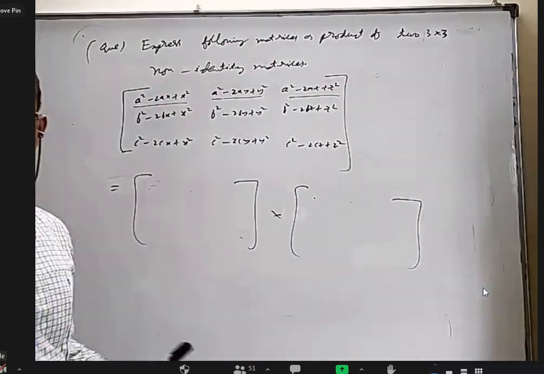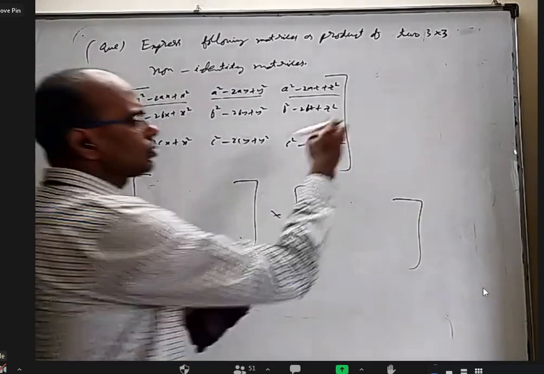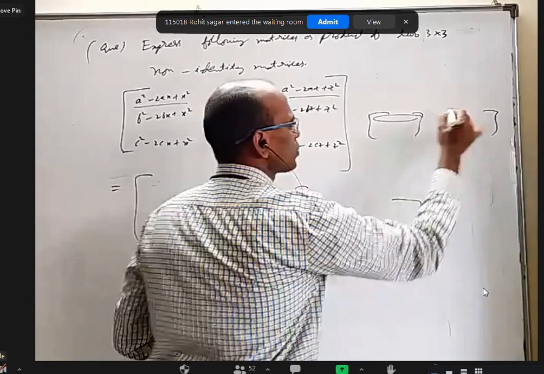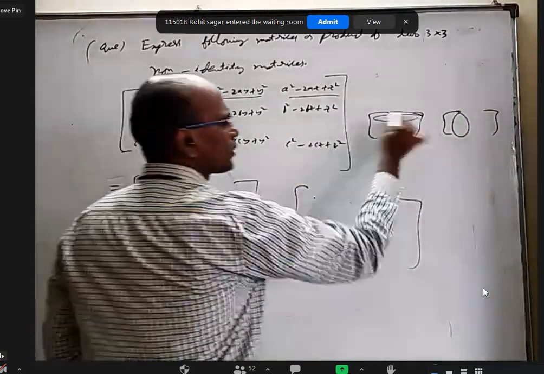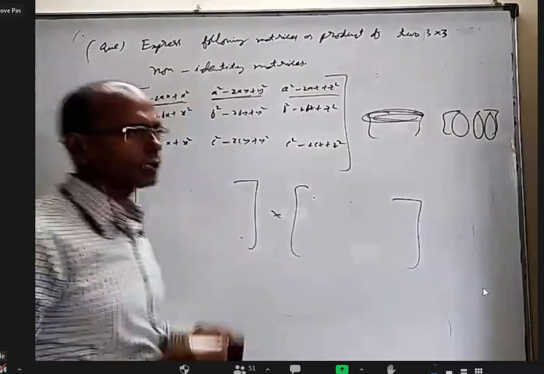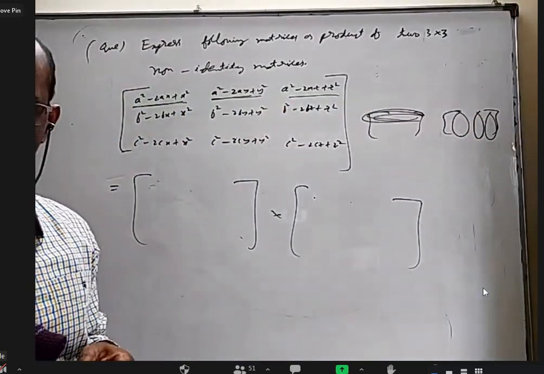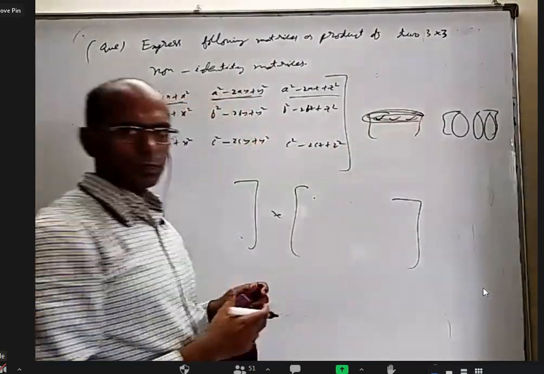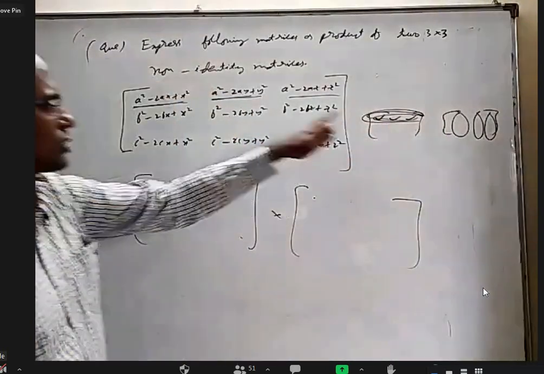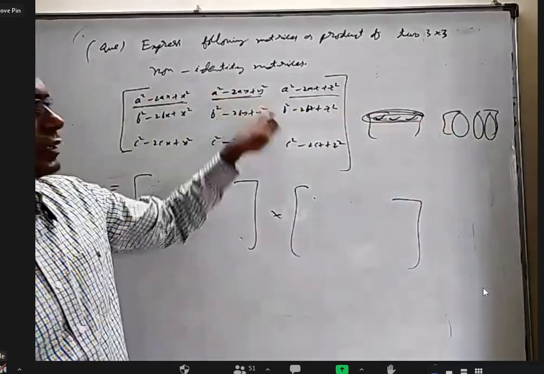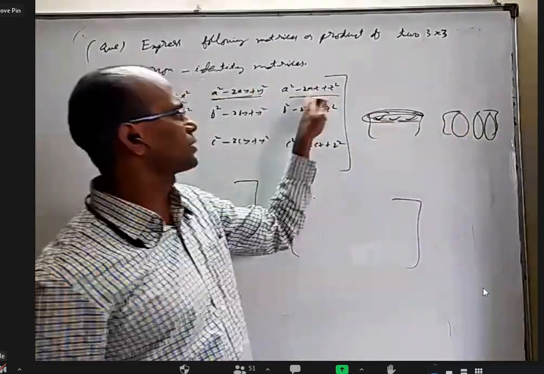Okay, Dheeraj, it's very, very simple. You know that when you multiply two matrices, first row into first column will come here. First row into second column will come here. First row into third column will come here. Am I correct? Yes, sir. Okay. That means these three elements, when you multiply these two, those three elements will be there here. When you multiply these two, those three elements will be there here.